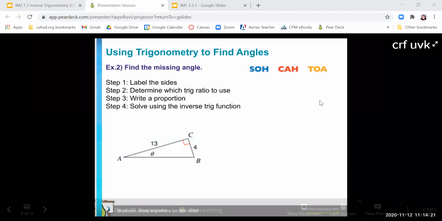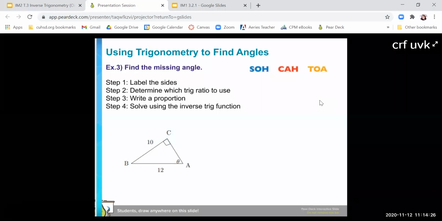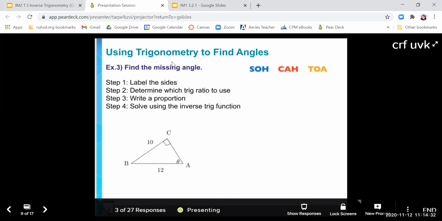Okay. So I have one more example for you, and then the next several problems are practice problems for you to try. So we'll do that after the quiz. For this one, again, same process. We start by